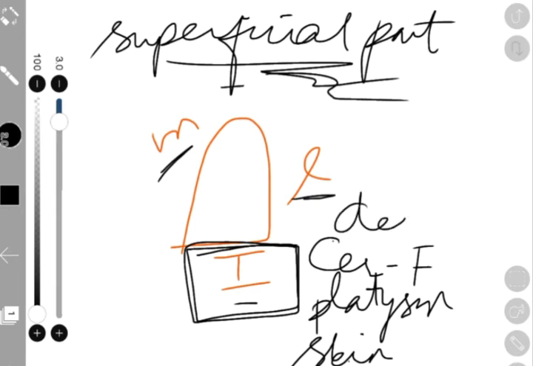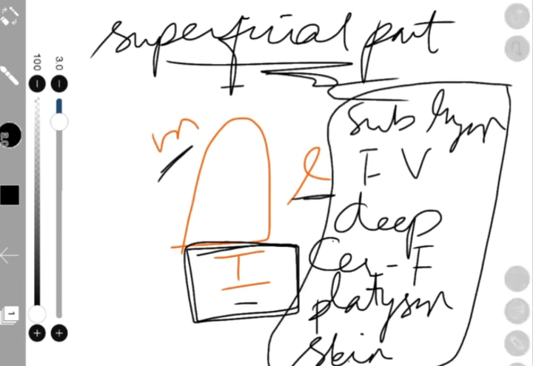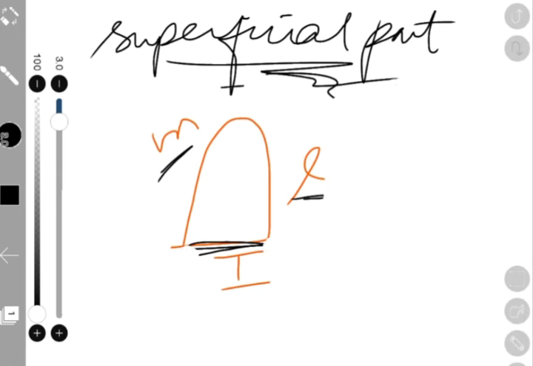and then the deep fascia, the facial vein and the submandibular lymph nodes. These are the structures which cover the inferior surface of the superficial part of the submandibular gland from outwards to inwards, that is, from superficial to deep. On the outside you will have your skin, below that the platysma, deeper to that the cervical branch of the facial nerve, then the deep fascia, the facial vein and the submandibular lymph nodes.